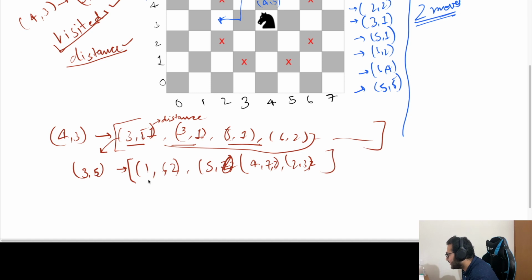Now in this list, while pushing, we can already check if we reach our destination. If we reach the destination, we can get the distance by adding 1 to the distance of the already explored point from where we were coming, and that's how we can output 2 as the shortest distance, right? So this is the algorithm for solving this problem.